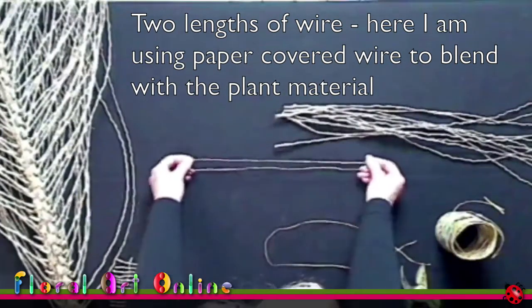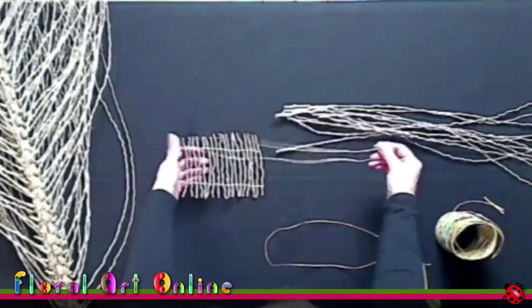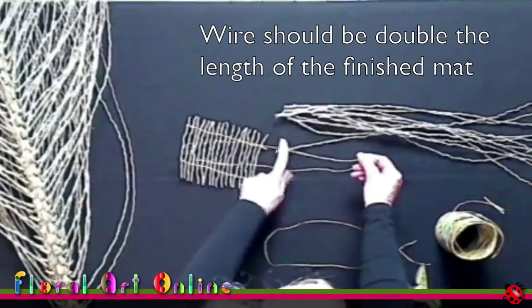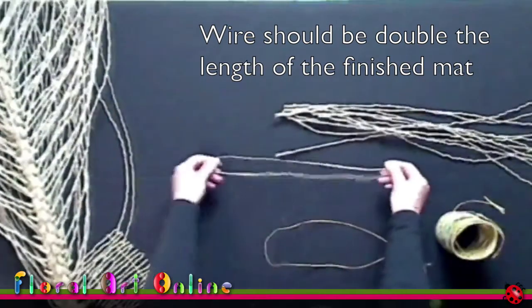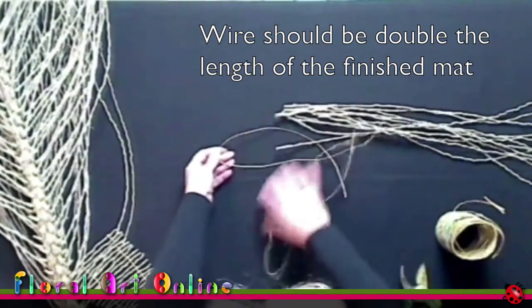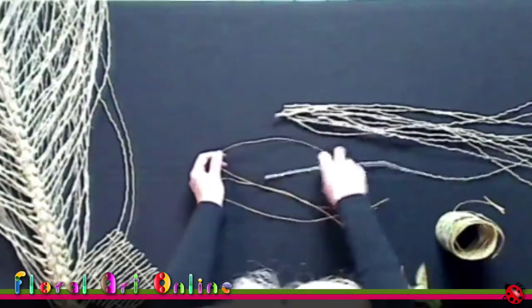Double the length of the finished item that you want. So if I was doing this one again, double the length, so I'd cut that much wire. This one I want a little bit longer, so double the length and 2 lots of that. And very simply, take your first